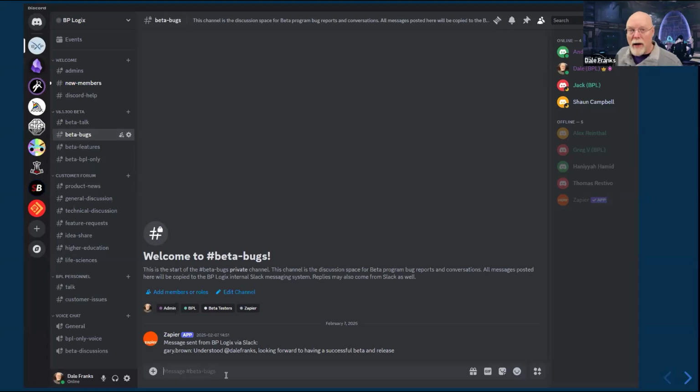Also, anytime anyone replies in that internal channel in Slack, it will automatically replicate that comment back over to Discord. So our people can have conversations with you, whether directly in Discord or indirectly via Slack internally, with those messages being sent back to the Beta Bugs channel.